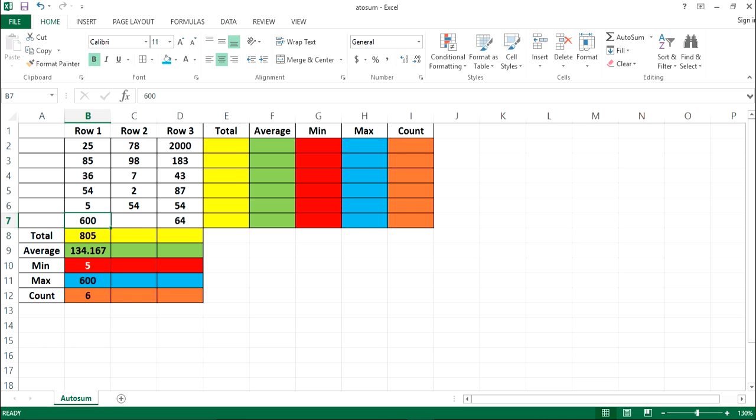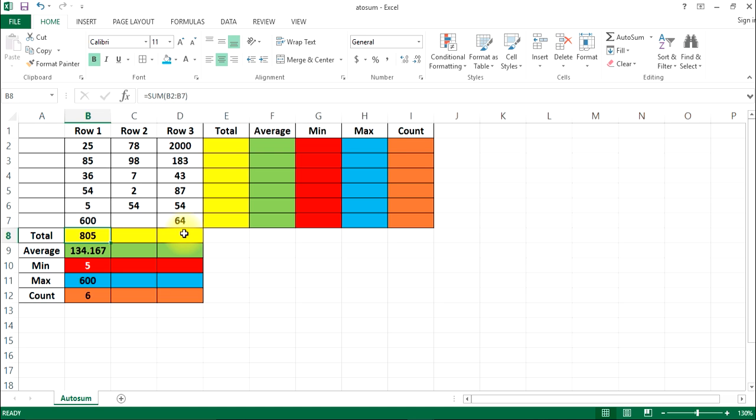So now we're going to find these answers for row 2 as well as row 3. Now, to save time and effort, we're going to use a feature that's called autofill. And what autofill does is it takes a default function and it can copy and paste it into other cells adjacent to it. So basically what I'm saying is we're going to take this formula in cell B8 and we're going to copy it into C8, D8, but